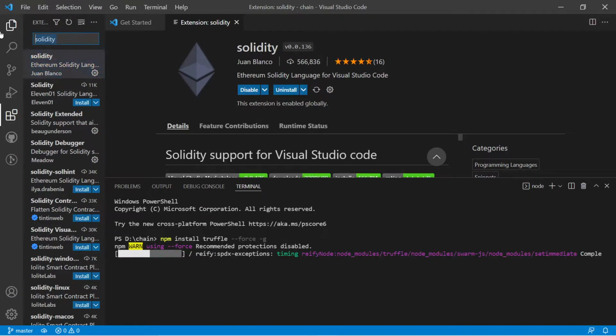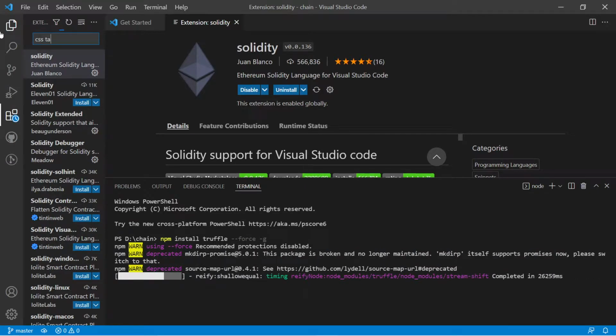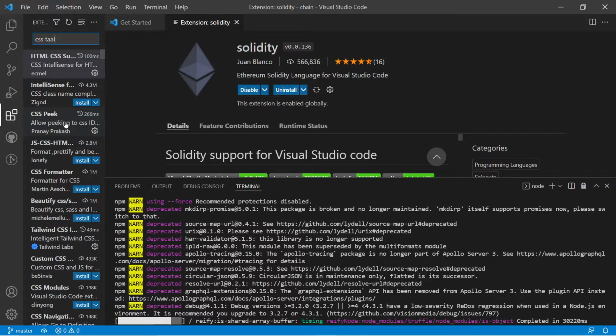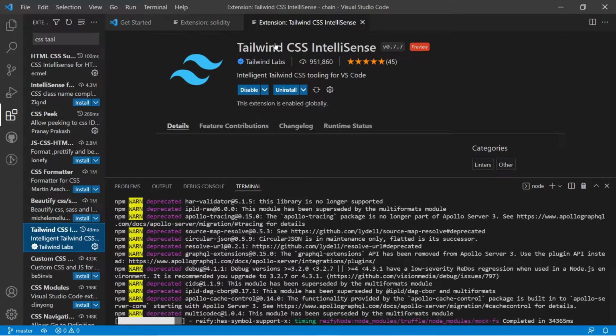Okay. So now I would like to suggest another extension, CSS Tailwind. The extension should be this. You will need to install this.